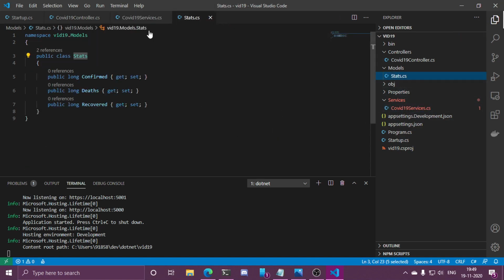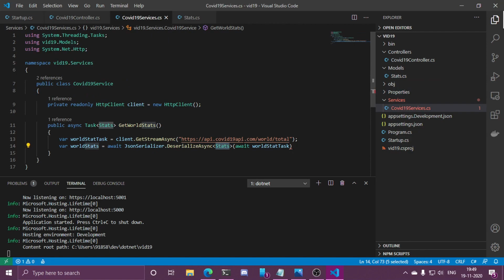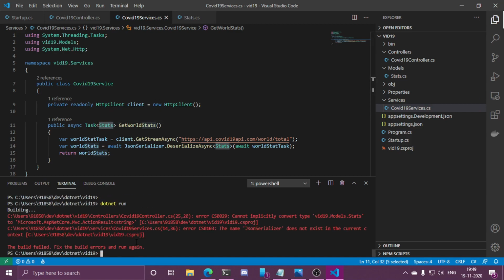If these fields are there in the incoming data, it will be auto-populated with the correct values, and then it will be provided to the world stats, and then we can simply return world stats. So now everything works. World stat will be of type stats, and as you can see, it is also returning the data of type stats. So hopefully everything will work.